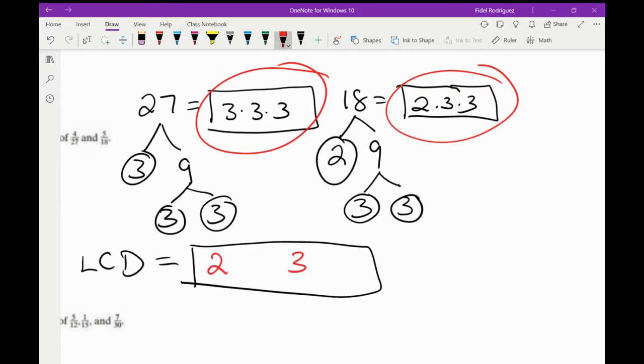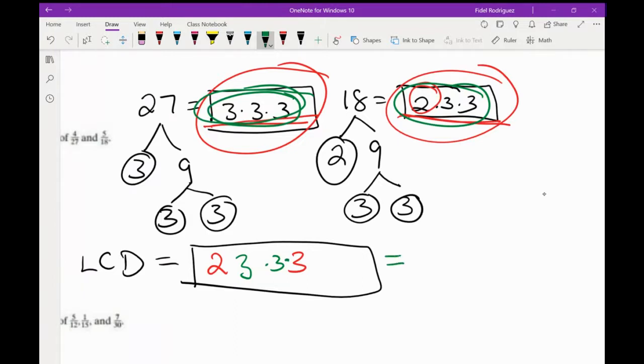Okay. And then I'm going to ask myself, which one of these black boxes has more 2s? And we'd say, well, the 18 does. And how many 2s are there? Well, there's just one. So I'm just going to have one 2. And then I'm going to say the same thing. Look, they both have the number 3. But which one has more 3s? Does the 27 have more 3s, or does the 18 have more 3s? And we'll say, well, look, the 27 has more 3s. And how many 3s are there? Well, there's 3 of them, so I need to put 1, 2, and there's the other one.